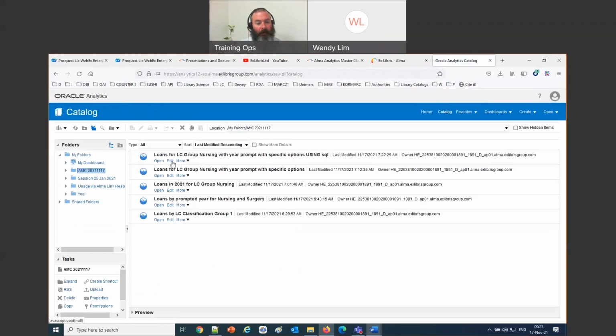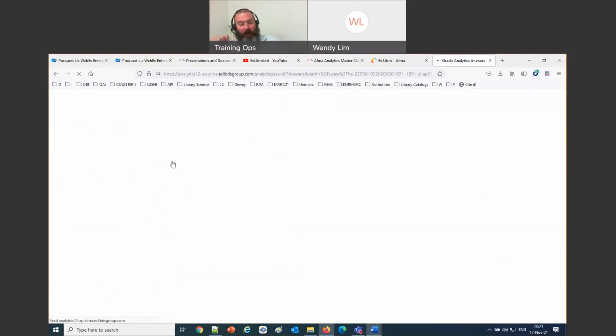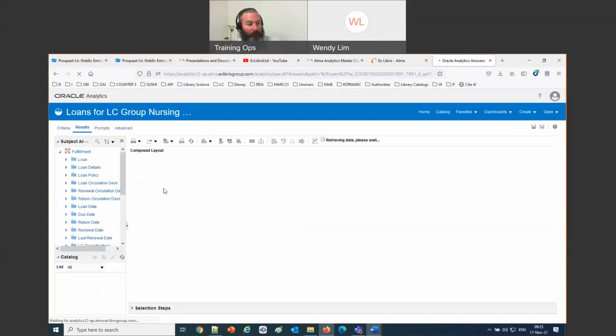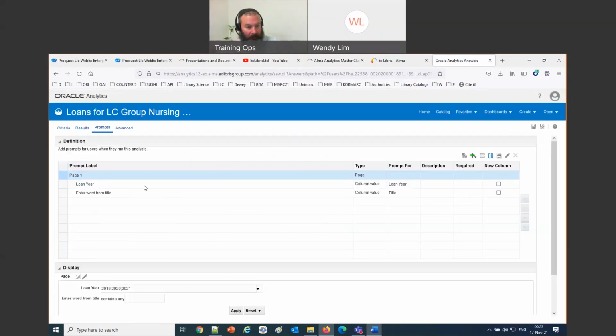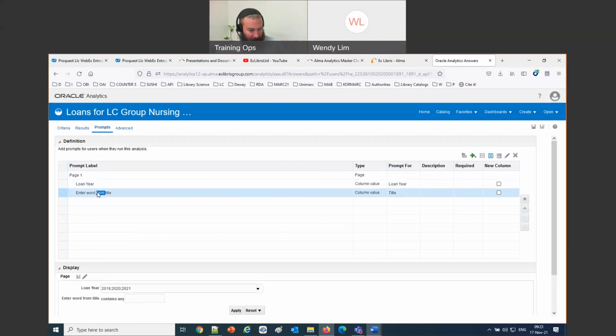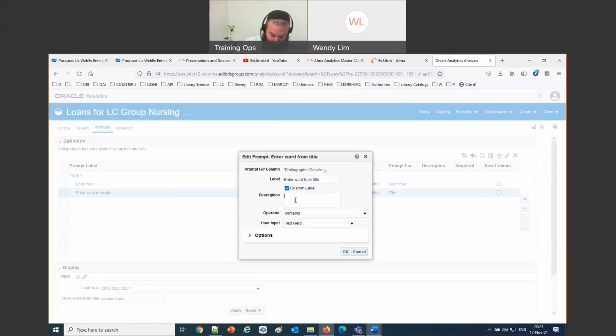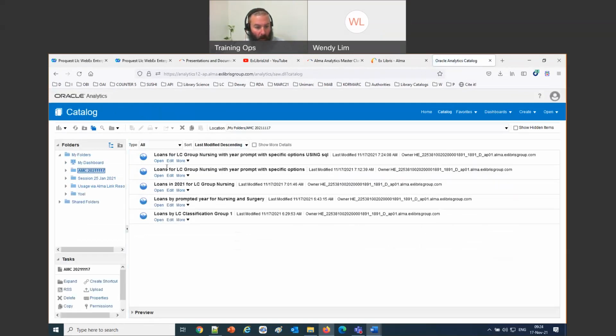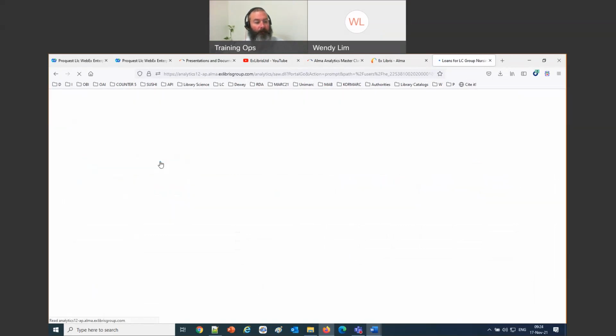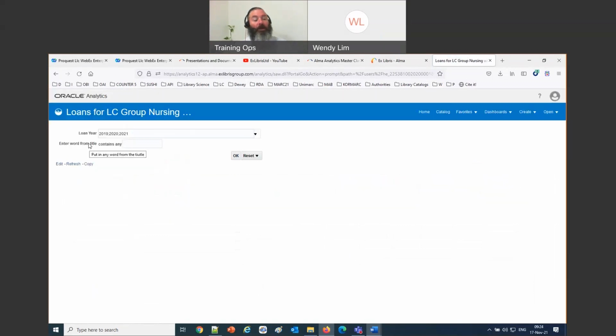Edit. Removing that contains any, I'm not aware. But what you could do is edit it again and say here a description, put in any word from the title or whatever you wanted to put there. Then catalog, open. So at least you can have this pop-up text, but I'm not aware of a way to get rid of